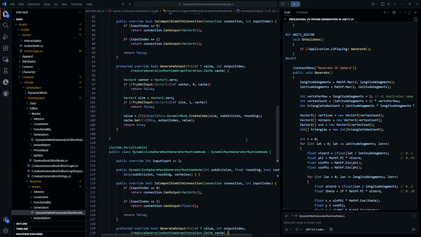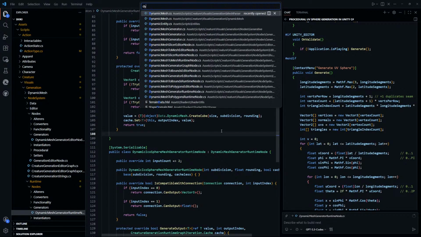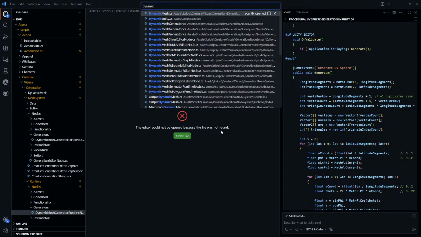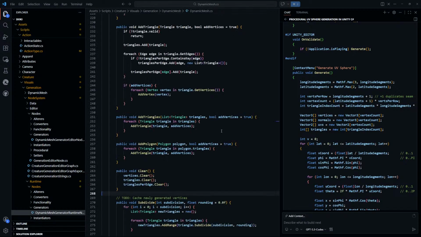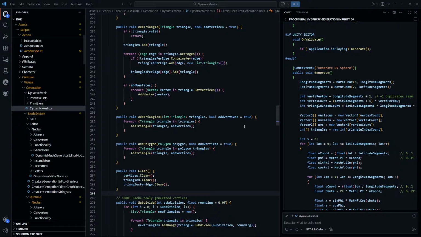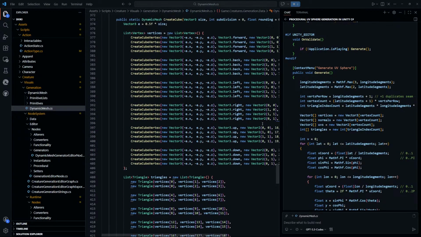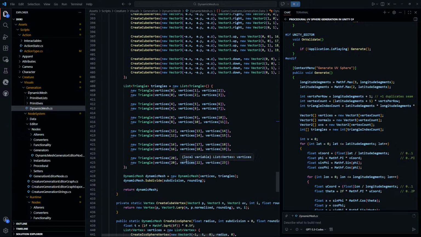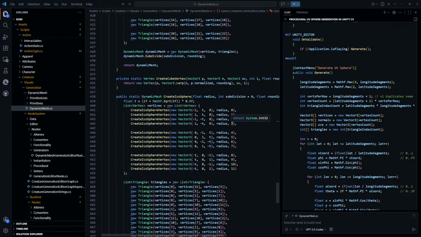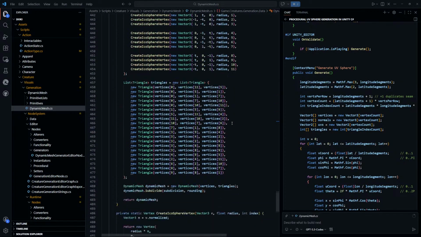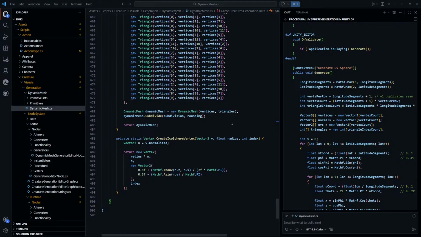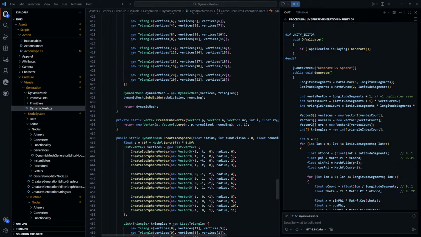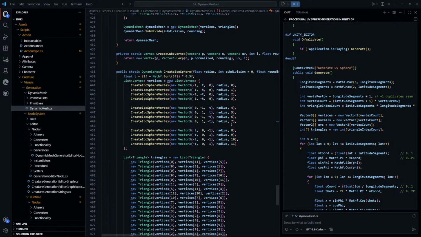The thing is, okay, we're gonna jump to dynamic mesh. Create cube vertex. I think we want to do